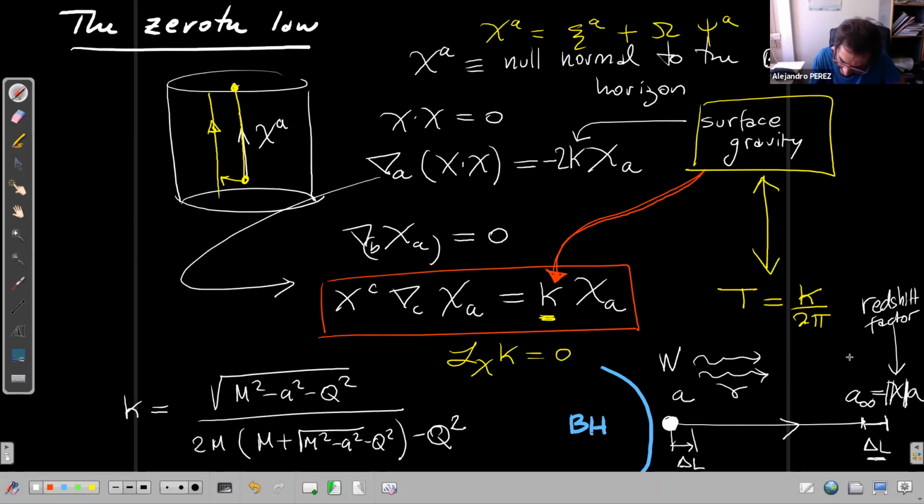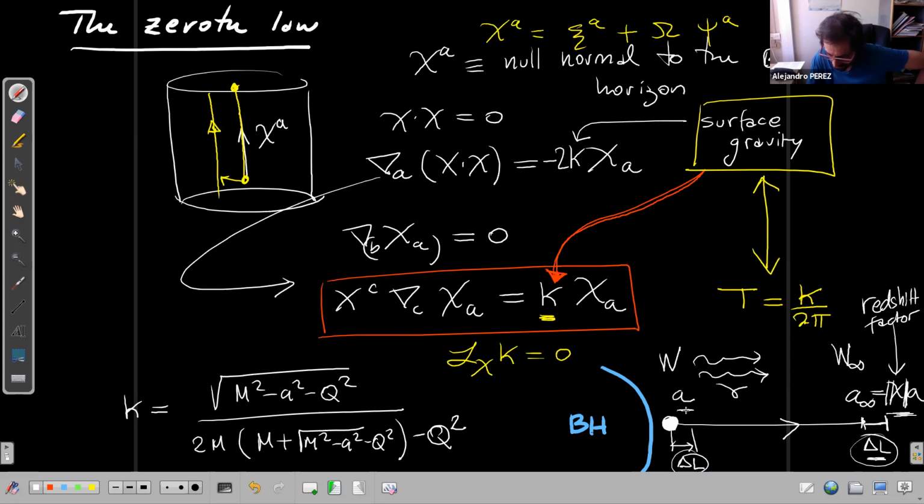So the work I've done here, so work at infinity, will be related to the work I've done locally here by a redshift factor. So the amount of energy that I receive here would be redshifted because all these photons will be slowed down, so to say, by the gravitational field in between. So conservation of energy arguments imply that if work is related by this redshift factor and delta L is the same, then forces are going to be redshifted, and this is how the acceleration up here is redshifted with respect